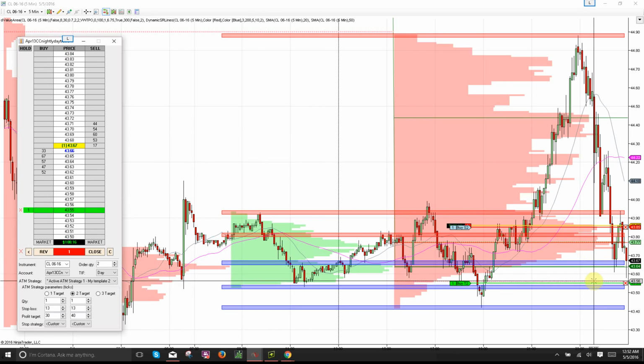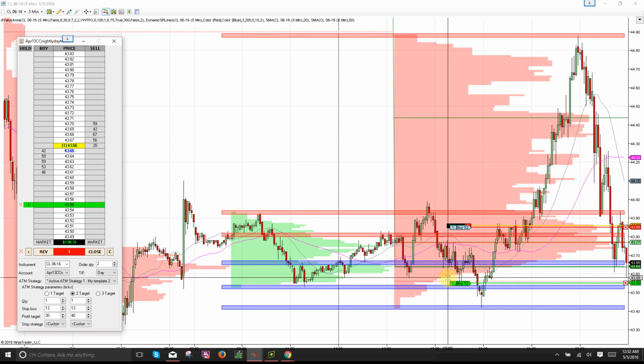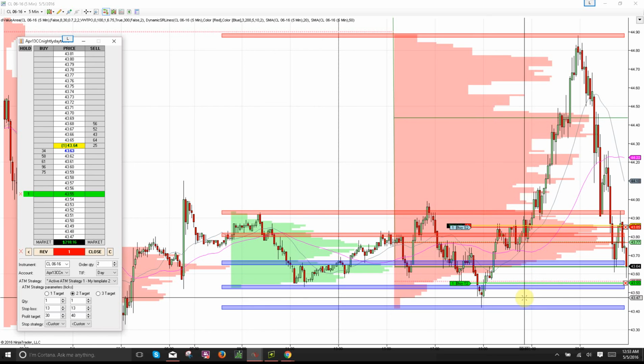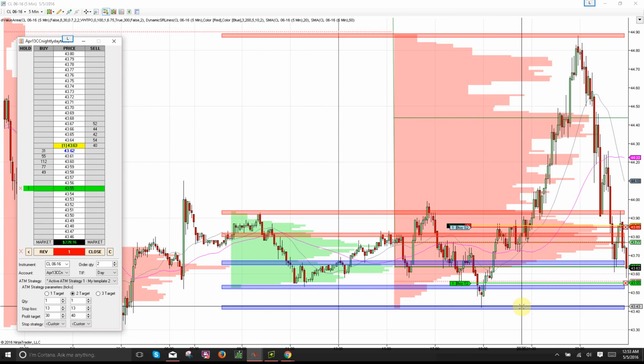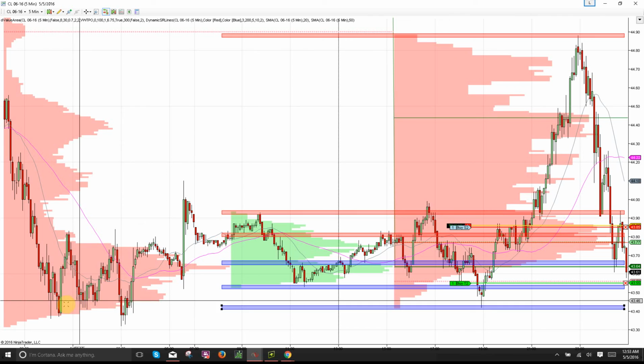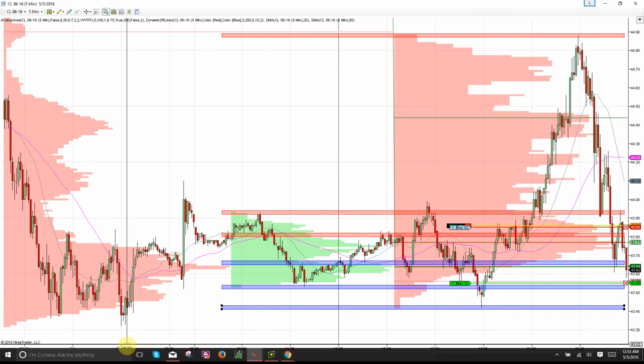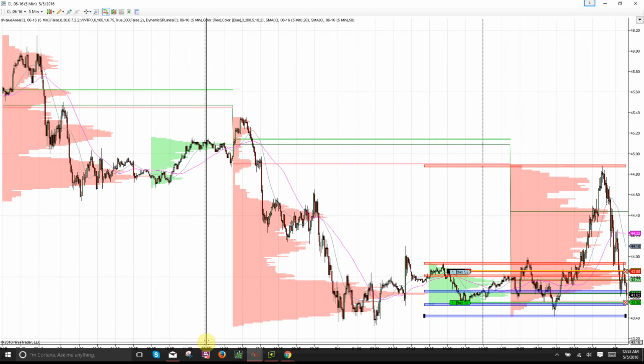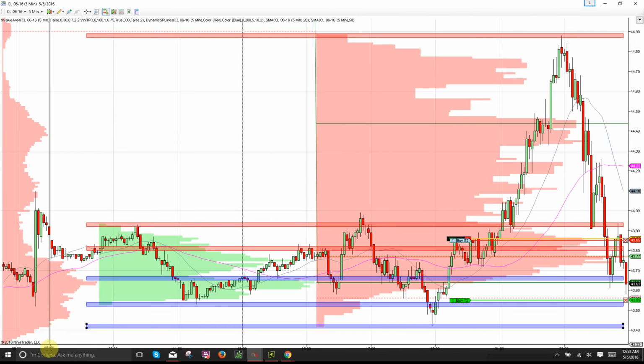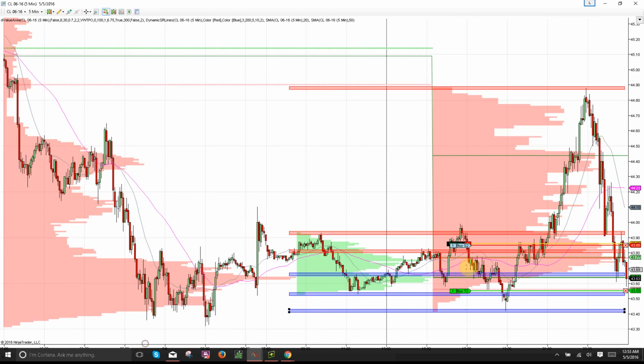But we are seeing a lot of rejection, obviously, because this is kind of like the bottom range of this profile, and if buyers are trying to hold this is kind of like the last line in the sand, at least for today. It could go down as low as the 43.40s. You can see that there was a lot of support the other day as well. So it could go back down to that range, or it could just get stuck here in the middle